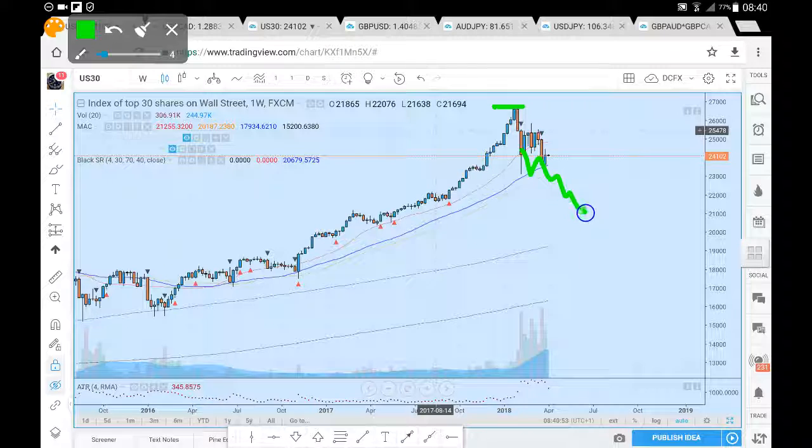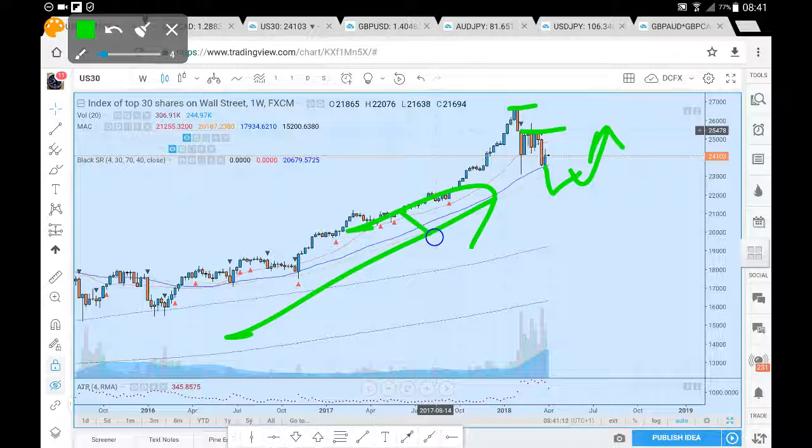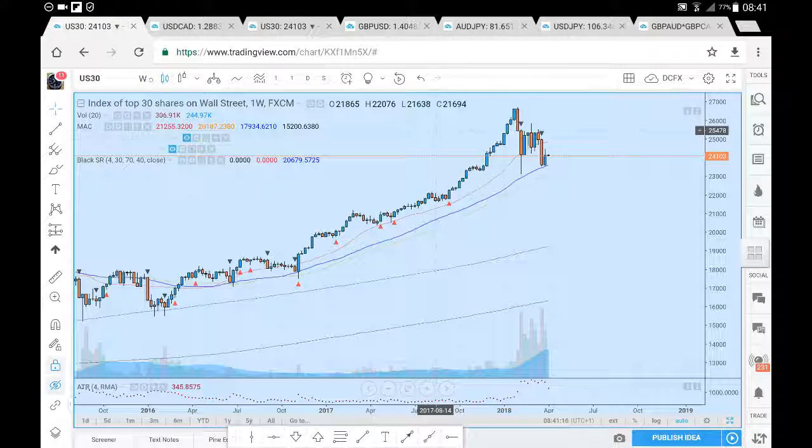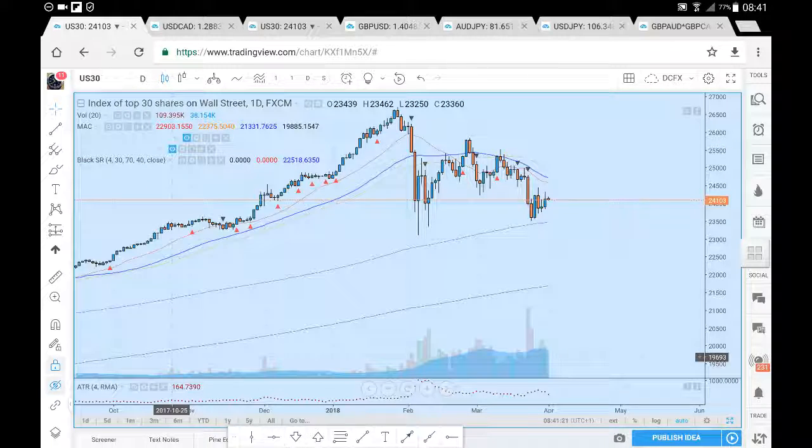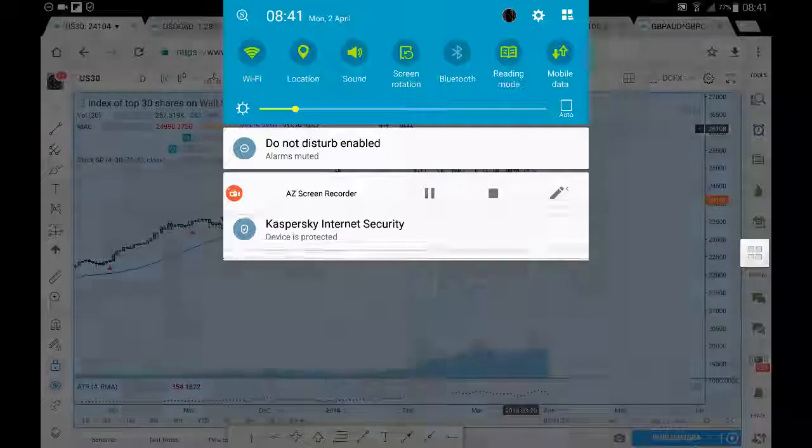So there might be further retracement before we start to form significant higher lows for upside continuation here on the US 30. But overall, there does appear to be a bit of a bearish overhang at present. So there might be further retracements to the downside before the overall trend of upside momentum continues here on the US 30. And if we have a brief look at the daily chart, on this daily chart, we can see